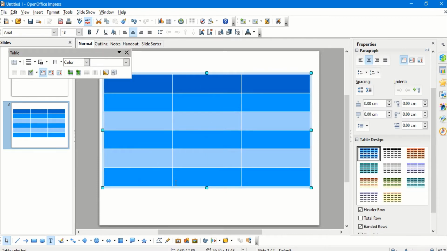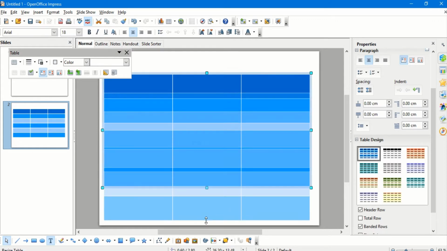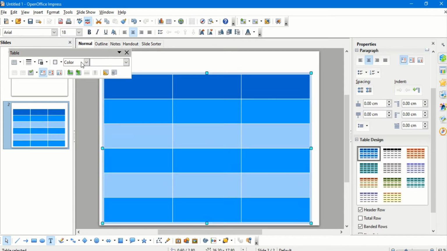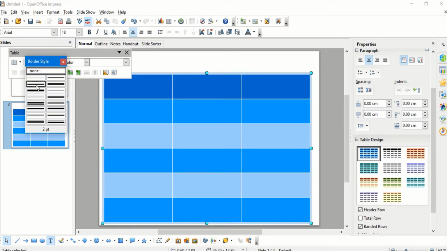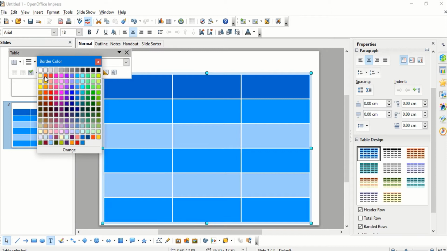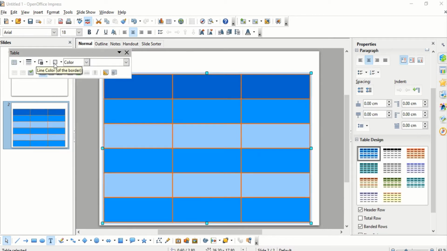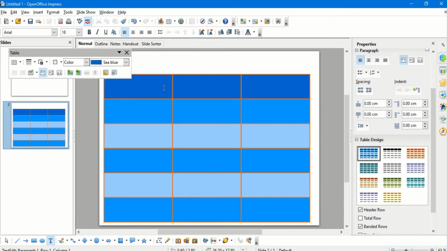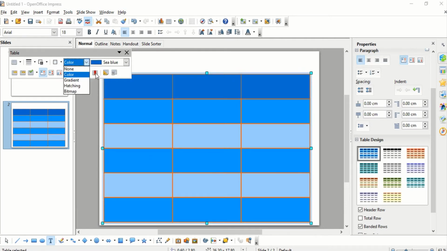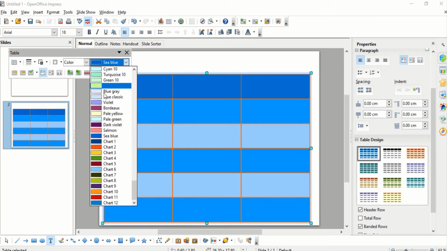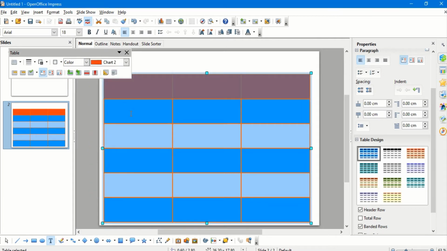Now as soon as the table is selected, a toolbar appears, the table toolbar, which helps me to work much better with the table. Here there are certain options like the table option, where I can draw the table from here also. Here I can select the style of my bordering, I can change the color of my border, I change the thickness, and also I can select the cell colors and change it to any other color of my choice. So this is the coloring and the formatting of the borders.